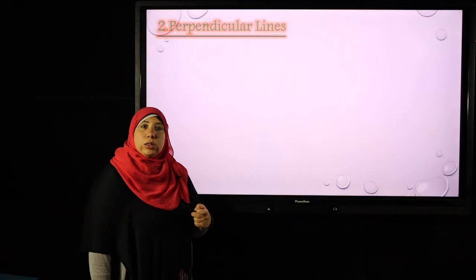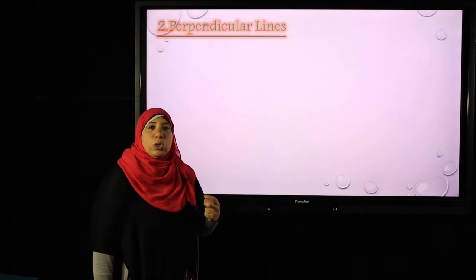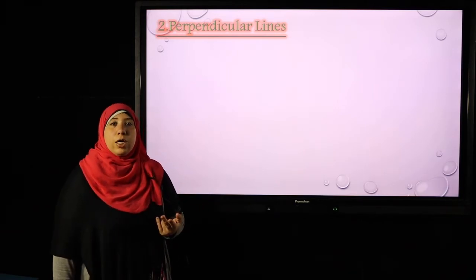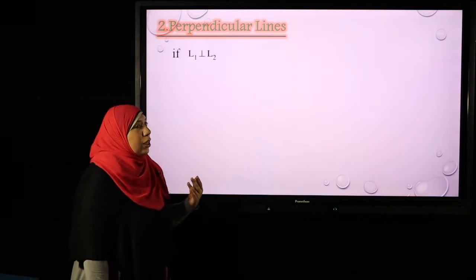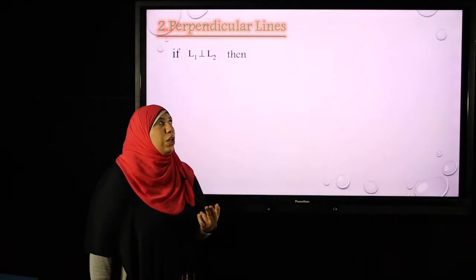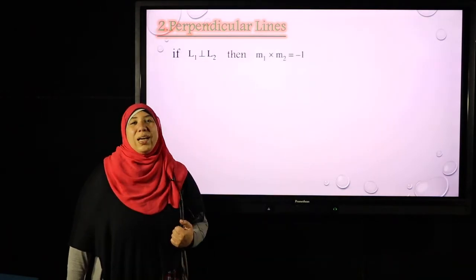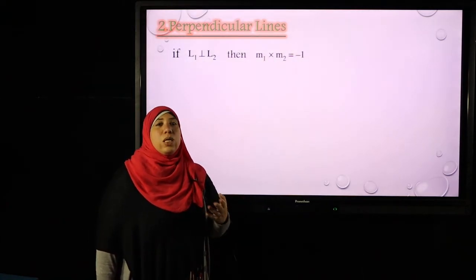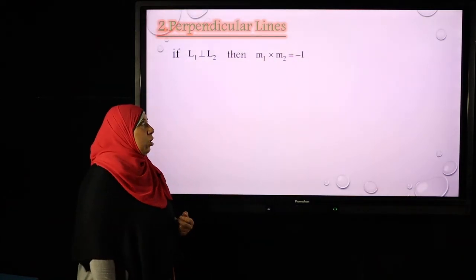The other relation between two lines is the perpendicular lines. If I have two perpendicular lines, I will find that the product of their slopes is equal to negative 1. When I make m1 times m2, it must be equal to negative 1. For example,